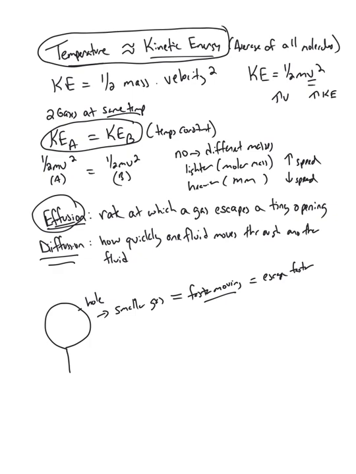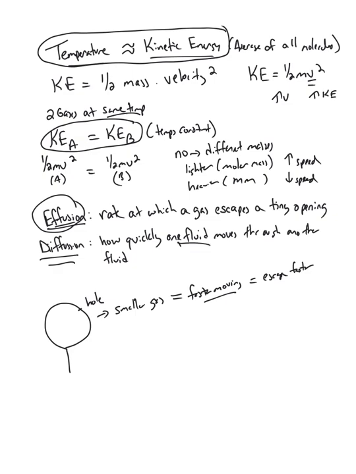Diffusion is how quickly one gas spreads through another. So I guess a disgusting example of this is when somebody passes gas, and you have that really bad rotten egg smell. Okay, that flatulence, that gas, will spread throughout the air in the room, and how quickly it spreads out, eventually might reach someone's nose where they can detect that someone has passed gas. So diffusion is how quickly one fluid